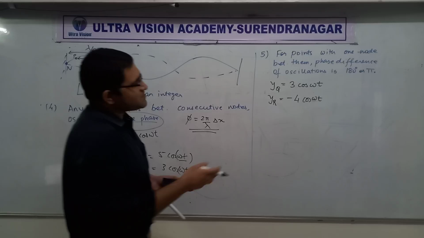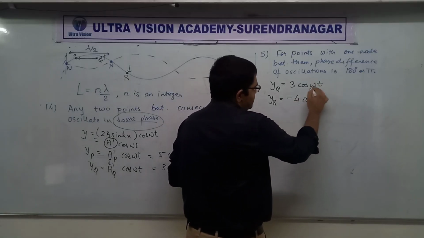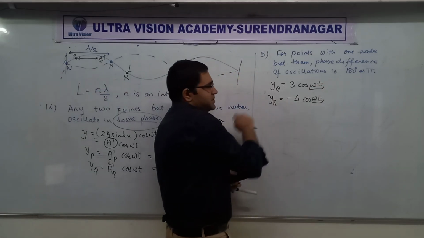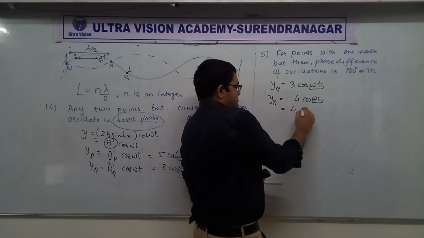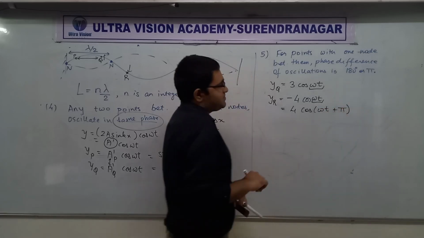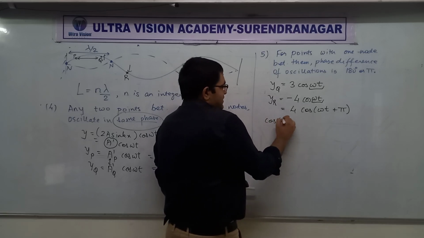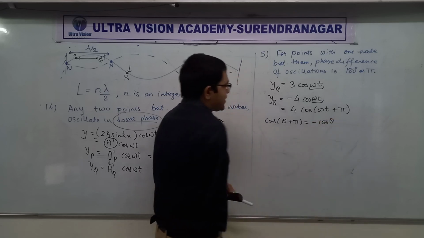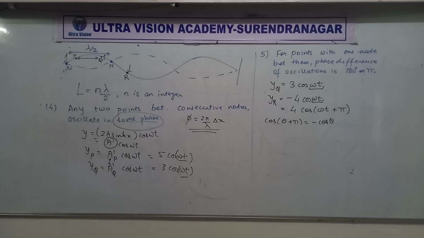Now, how is the phase difference pi or 180 here? Is it not 0 again? Well, the answer is no. The reason is there is a minus sign here. So if I use a little bit of trigonometry, this will be written in this manner. Did you understand? Because of this property, cos of theta plus pi is equal to minus cos theta. Okay or not okay? Using that property,